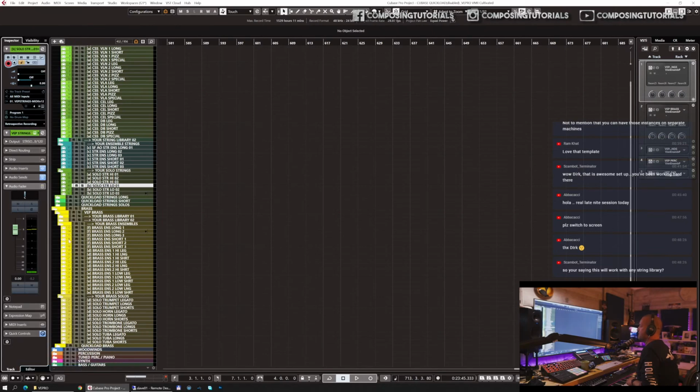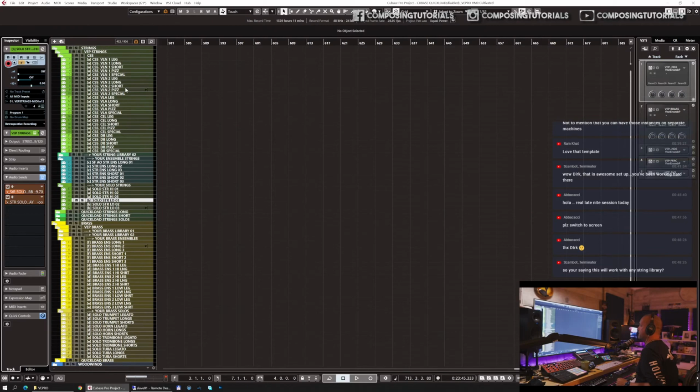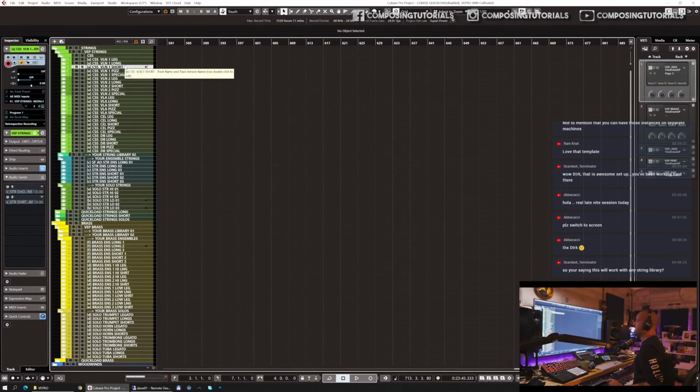String low one. And just so you know, all the reverbs, for example, are also set up. So if you want to utilize a string reverb, and this is the advantage of having separate returns for the individual articulations. If you say, okay, I have the violin legato,